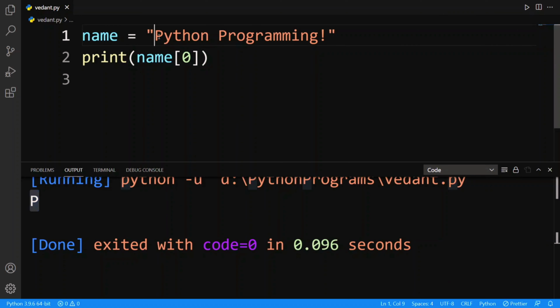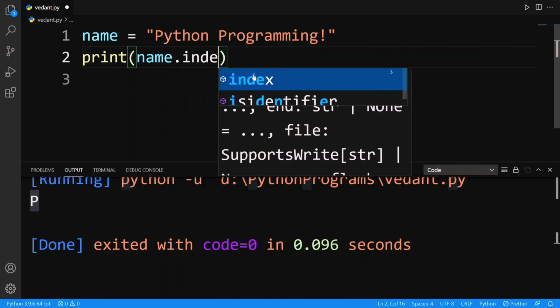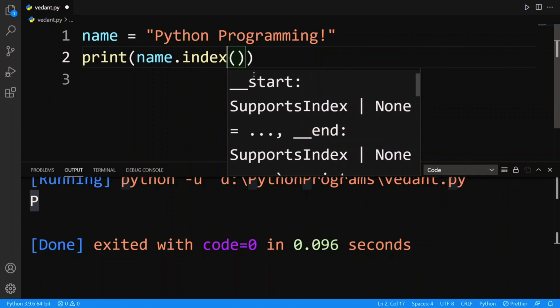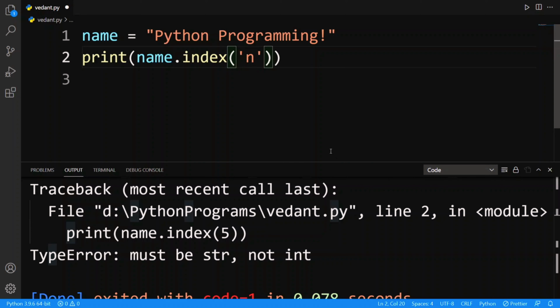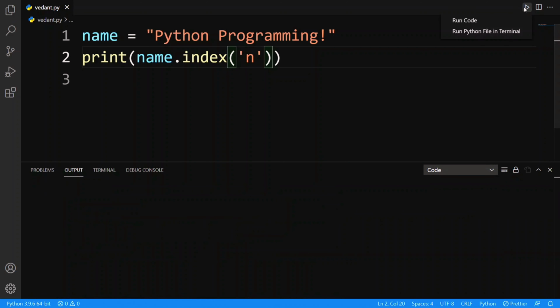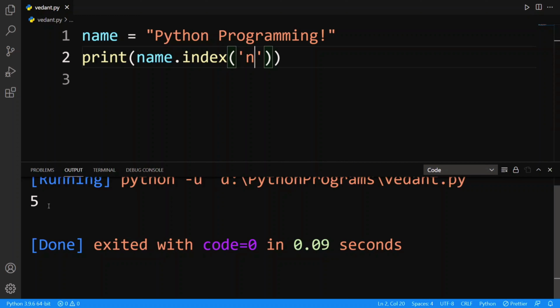So this is index 0. And one method which I forgot to show you is name dot index. If I use a character here, so we pass n, then we can see this 5. This 5 is the index of the character n, and keep in mind that this index method will just target the first occurrence of this character.